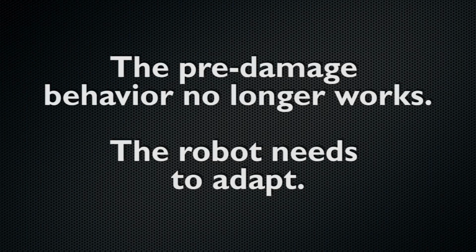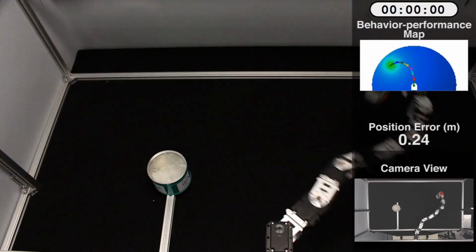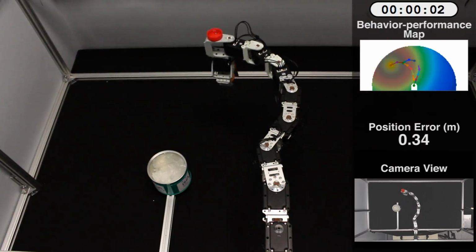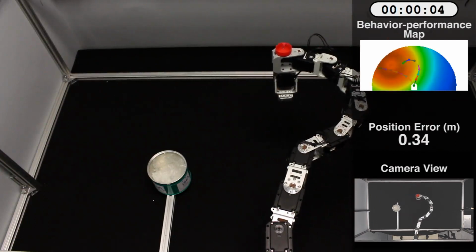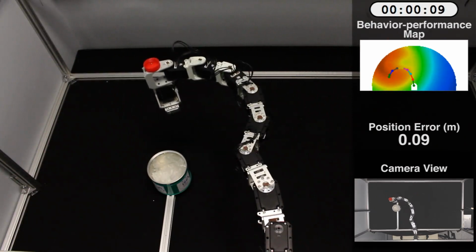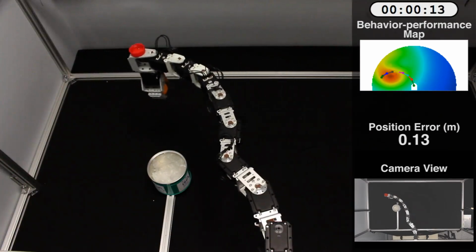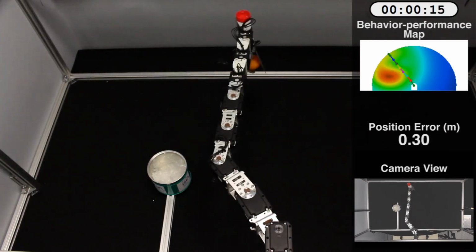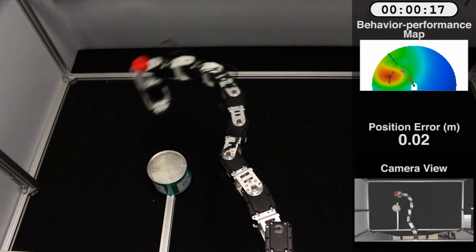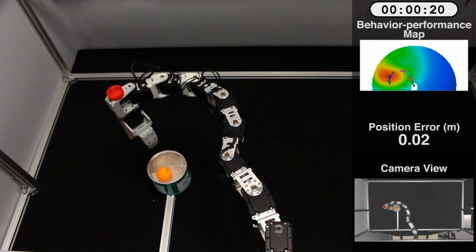The robot needs to adapt, so the same intelligent trial and error algorithm is launched. Here you can see multiple different behaviors being tested, the performance of those behaviors, measured as the distance to the target, and the map of predicted performance values being updated. In the upper right hand corner you can see how long the process takes, which is only a matter of seconds. In less than 20 seconds, without one of its motors working at all, the robot is able to adapt